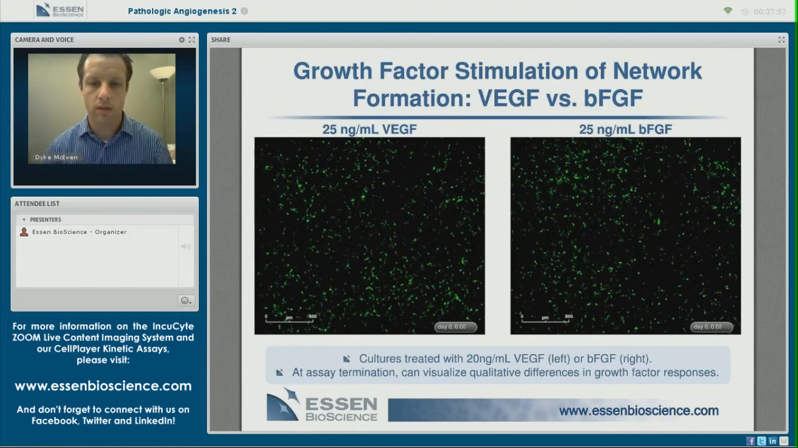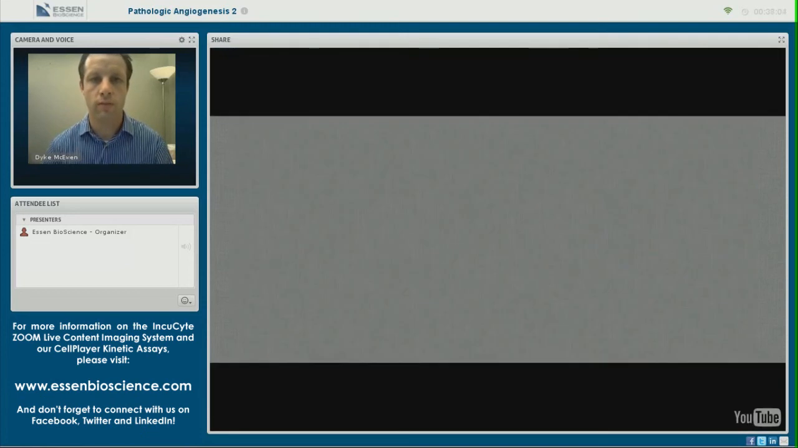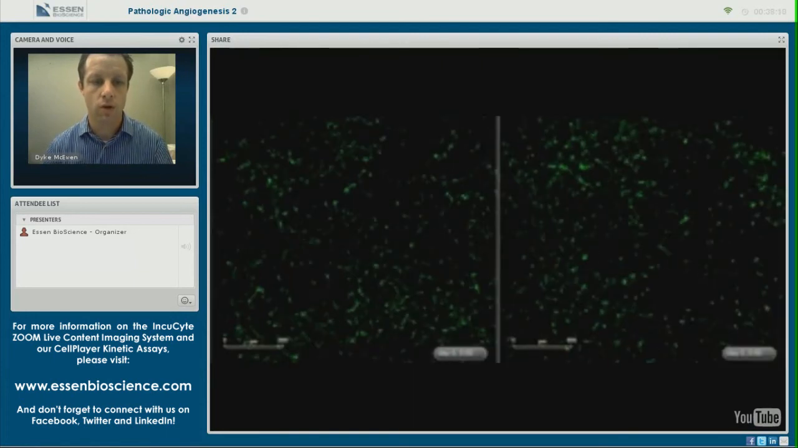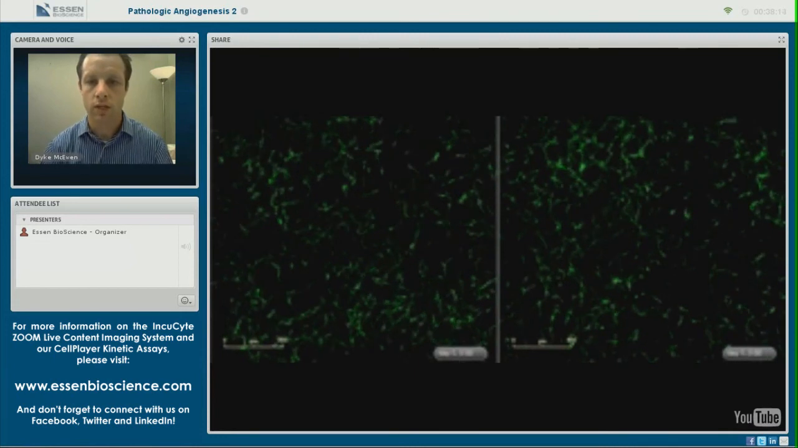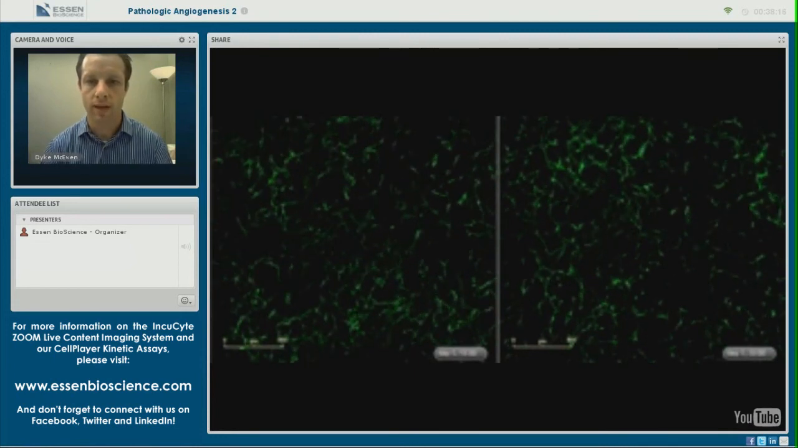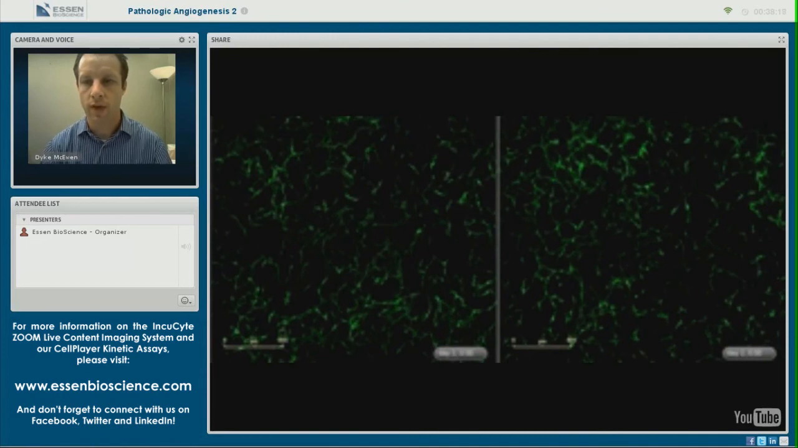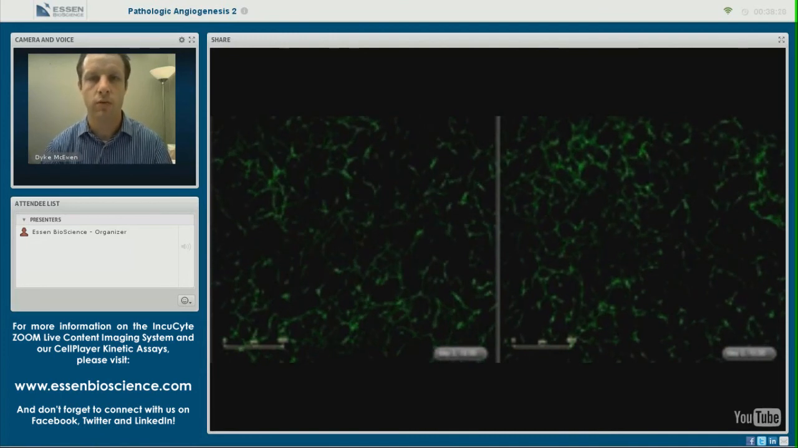But how do these cells respond to growth factor stimulation? So here I'm going to show you a side-by-side movie of basic FGF on the right and VEGF on the left, looking at the growth factor responses in the STEM kit. You'll see over the course of the 4 to 5 day assay that both VEGF and basic FGF stimulate tube formation